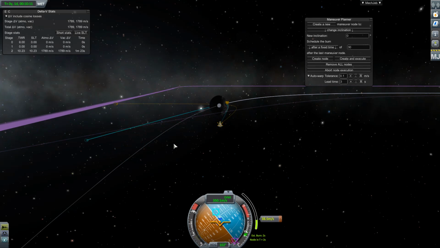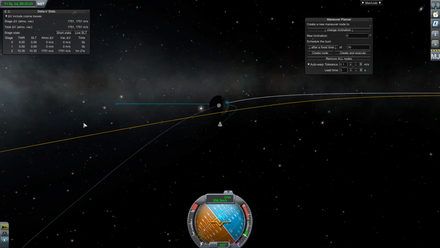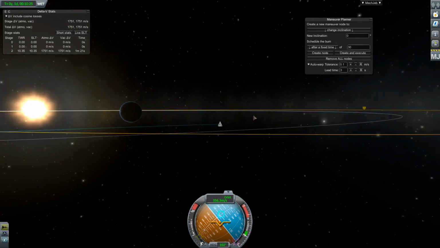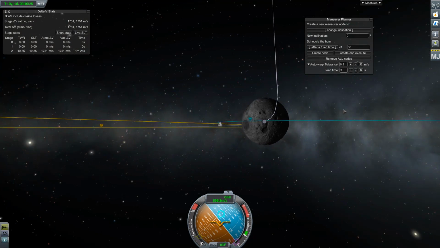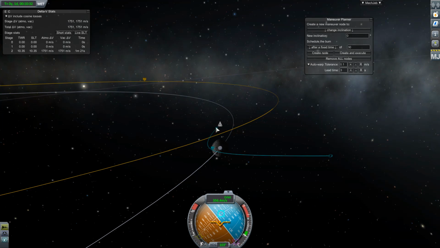We actually were in an orbit that would have taken us close to circling the moon in a clockwise orbit, but we actually want to be counterclockwise. That's ideal. So that's complete. Now you can see that we're in the plane with the rest of the solar system at an inclination of roughly 0. We've set our periapsis, which is the closest point we're going to get to the moon, to 25